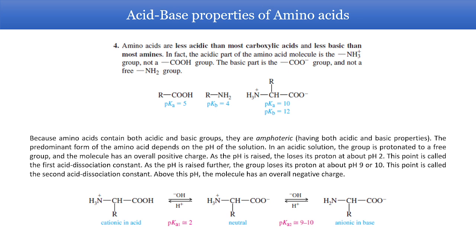And when the pH is further raised, if it has exchangeable hydrogens, it will exchange them, and that's the second acid dissociation constant. If you have more groups with exchangeable hydrogens attached, then it will have more than two, then a third acid dissociation constant. Now, above a certain pH value, the overall charge of the amino acid